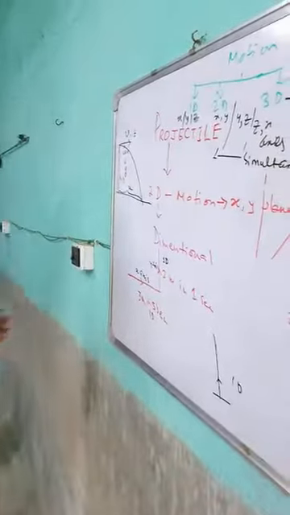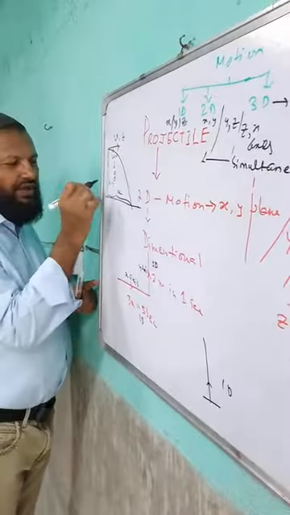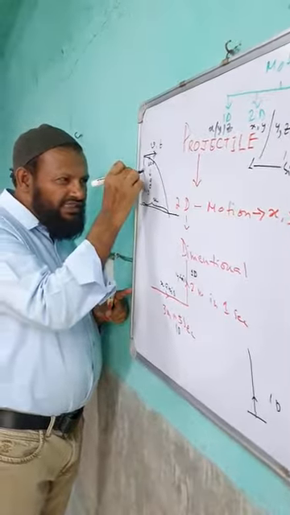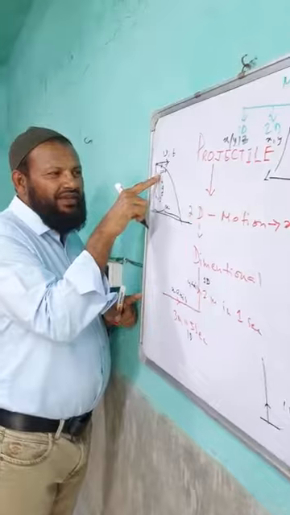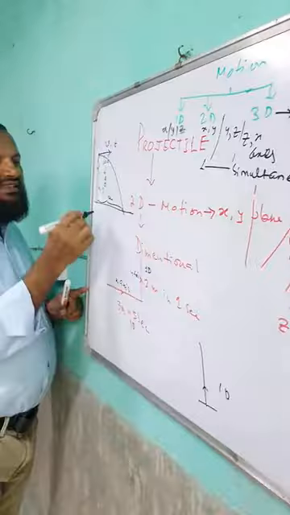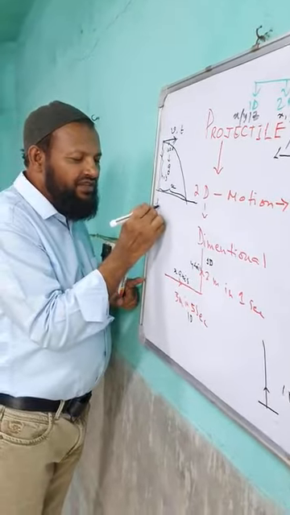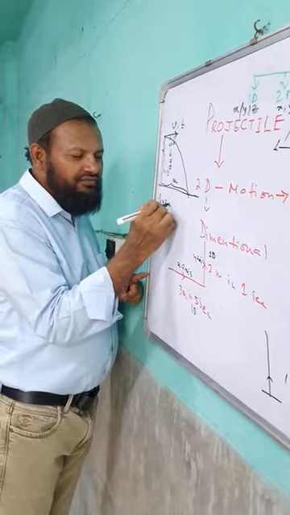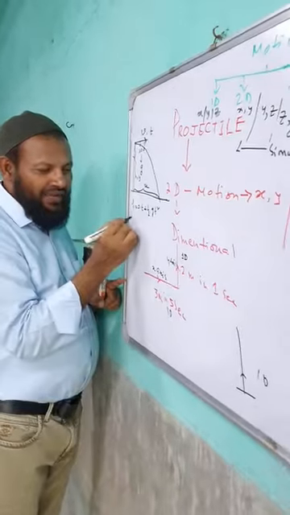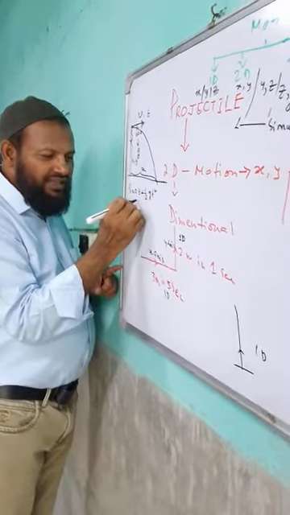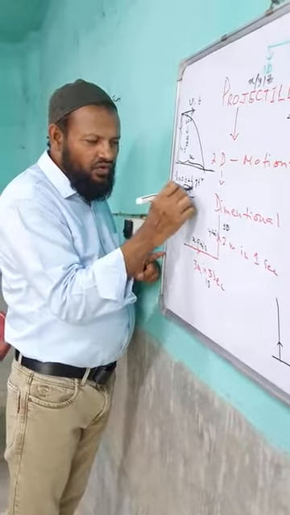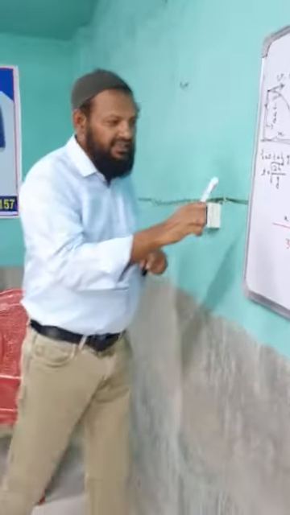No 2D motion. 2D motion means, look, a body is thrown horizontally from this point. Body is moving down in this direction due to these two parameters: initial velocity 0, acceleration g, and in this case, what is the displacement? h equal to 0 into t plus half g t square in this direction. So from here, what is t? t equal to root of 2h divided by g. This is t.